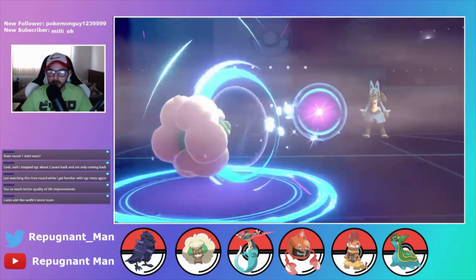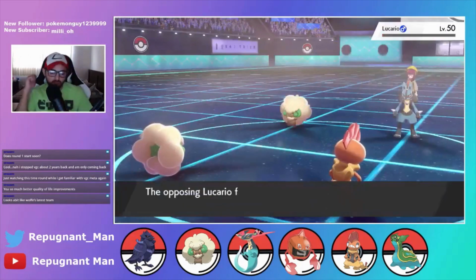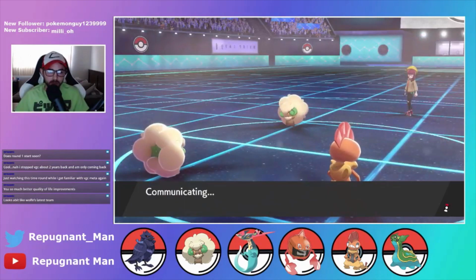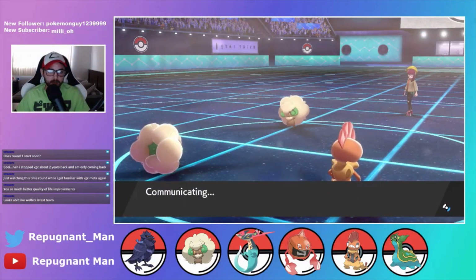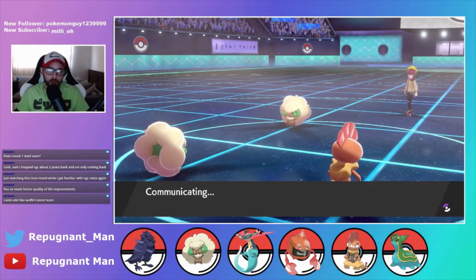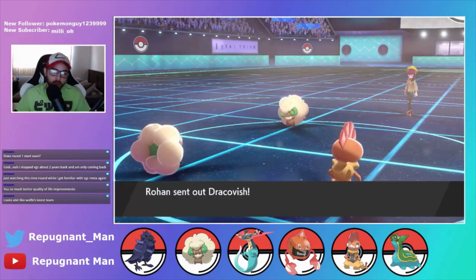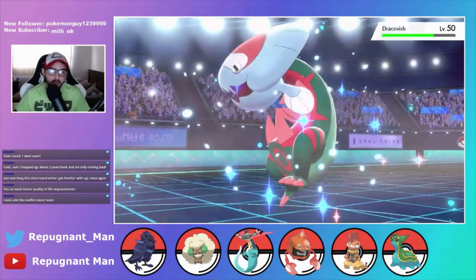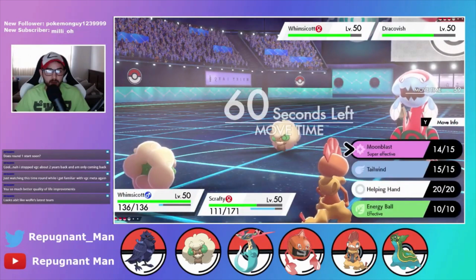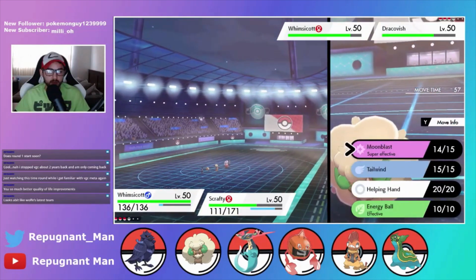Listen! Now we got the biggest threat out of the way. Now we know he's gonna bring in this guy. We're gonna stagger our Tailwind. We know he's gonna bring in the Dracovish. I think this thing is faster than ours. So what we have to do is...